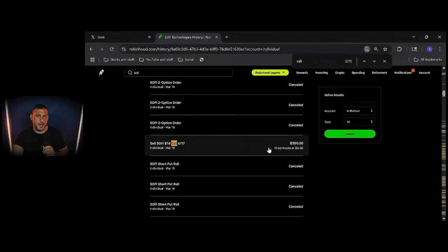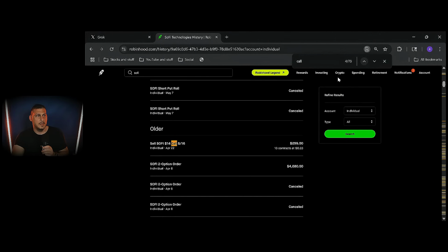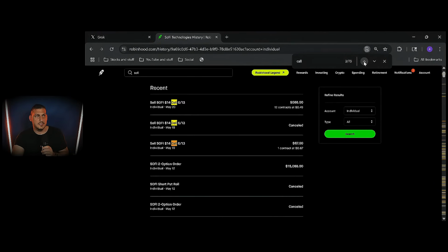And when I sell it for $14, I didn't actually sell it for $14. You have to add the cumulative premium that I collected the entire time because I keep selling the same covered call every single month. Look at the screen. My $14 strike that I'm going to be selling for is actually $14.30 because I collected 30 cents premium. And then I collected another 23 cents. So now I'm at $14.53. And I collected another 49 cents, let's say. So now I'm at